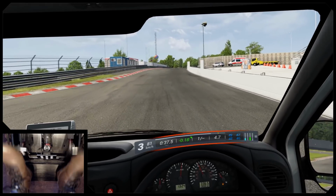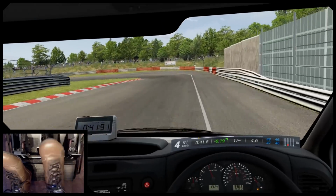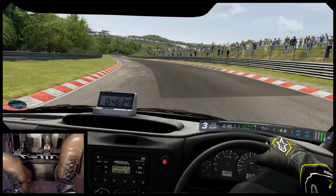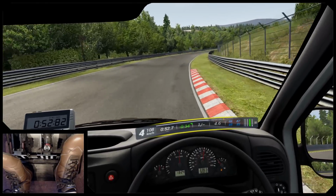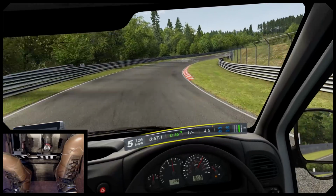As you can see, you have to make use of every inch of the track in this van, as there's just no spare power available to rescue you. You have to carry a reasonable amount of speed into the corners, but much more importantly in my opinion, is getting the best possible exit speed. The van likes to understeer a lot, and all the time you're understeering, you're scrubbing off speed in the process. So going in really hot and trying to carry speed through just doesn't work like it does with some other